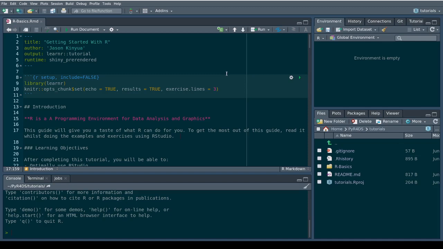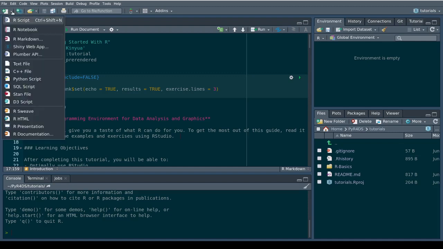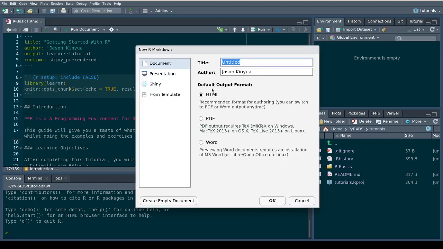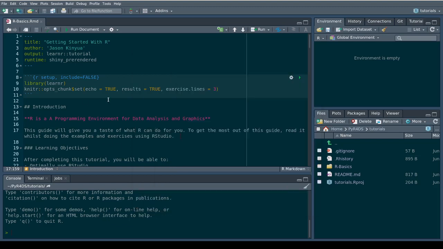Open your RStudio and click this plus sign, or there is a drop-down sign over there. Click it. You have an option to create an R script, R notebook, R Markdown. So I chose the R Markdown, and then you get some other options here. Don't mind these for now. Just give it a title and create. Don't customize anything for now. Just create for the sake of following along. But more on that will come later.